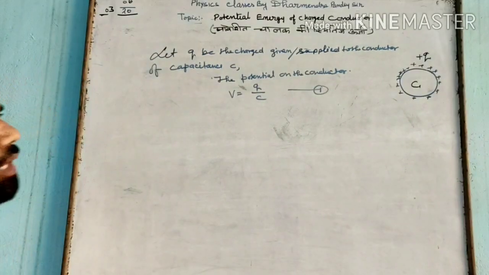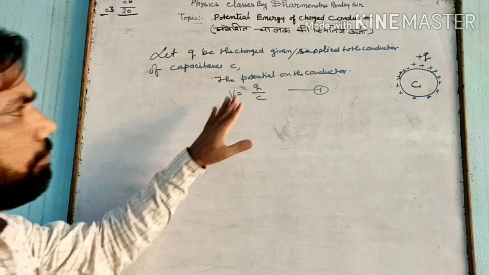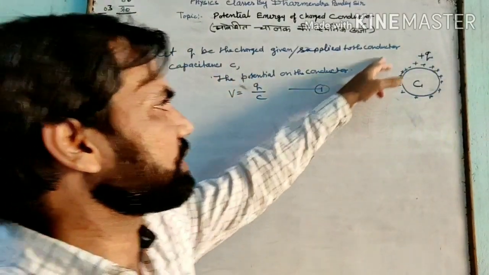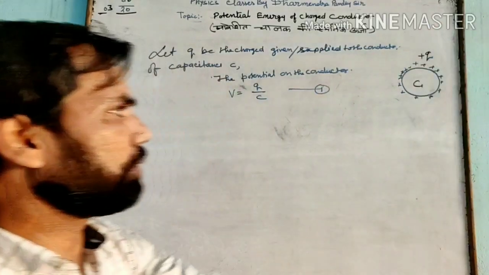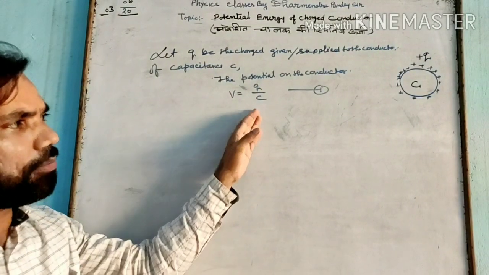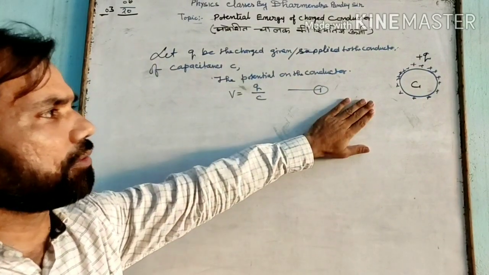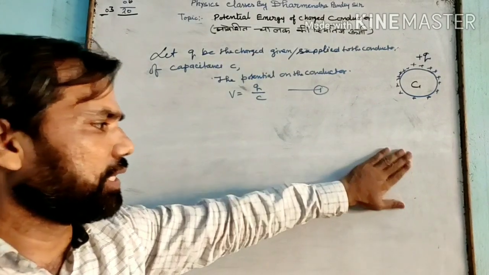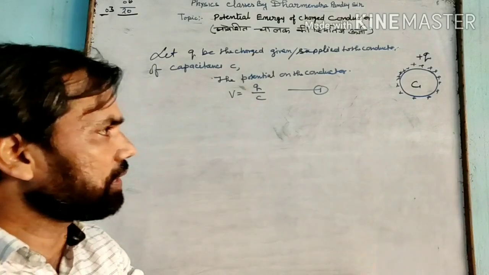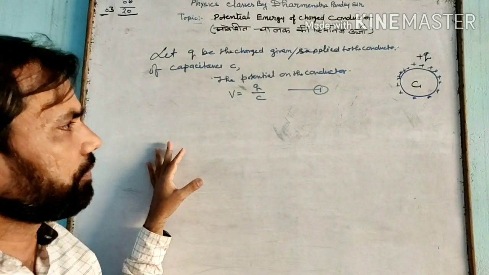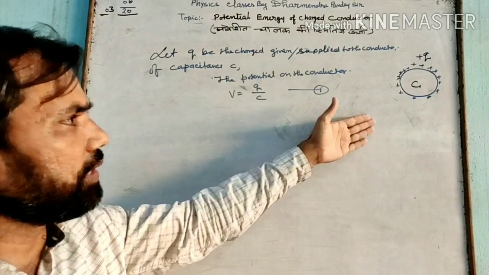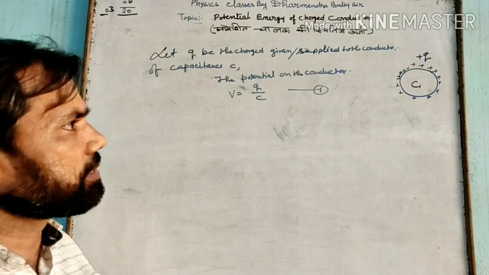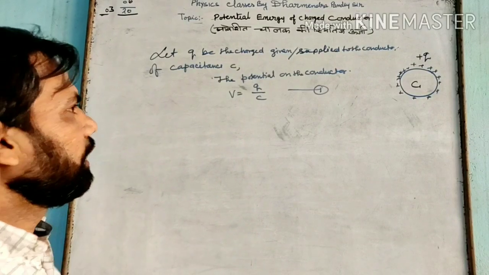And this potential is when the conductor is fully charged, or you can say when total charge Q is given to it. The work done, or the potential energy calculation, is carried out by three methods. One, graphical method, second one is the ordinary method, and third one is the integration method. तो हम लोग सबसे पहले सामान्य तरीके से देखते हैं.